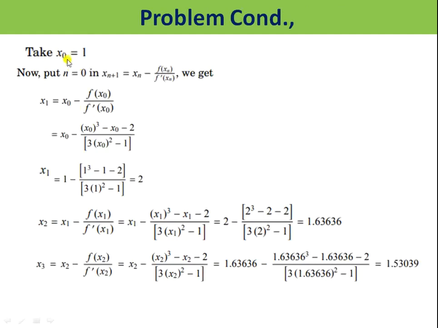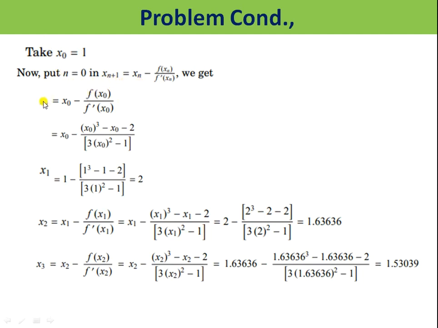The initial value is always denoted by x naught. Therefore, here I am taking x naught equal to 1. Why? Because while I am replacing 1, I am getting the value minus 2. While we are taking the modulus, this becomes 2. 2 is less than 4. Therefore, I have chosen x naught equal to 1. Clear?